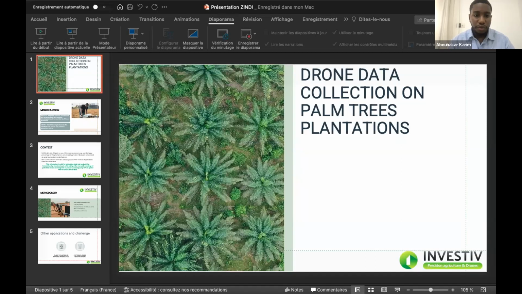For the future, it will be important to us also to have this kind of application in banana production. This is also one of the largest crops in Côte d'Ivoire.